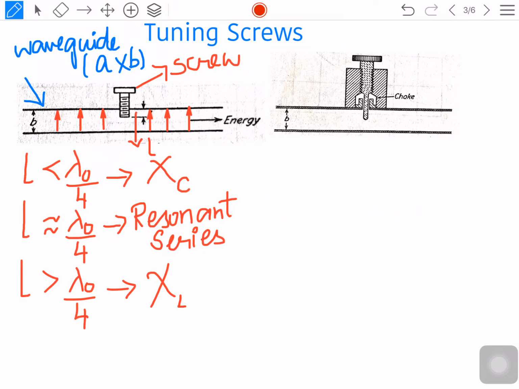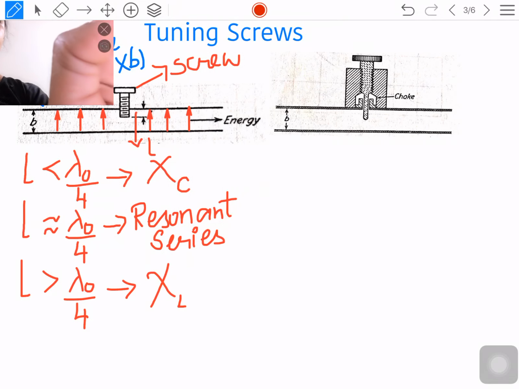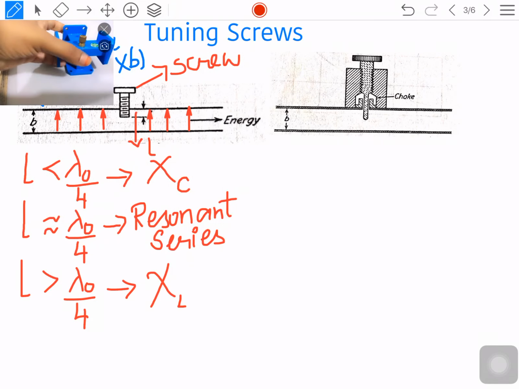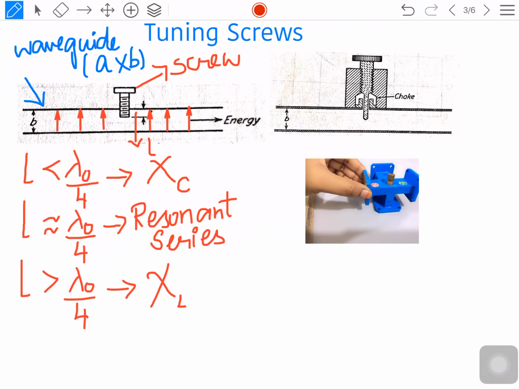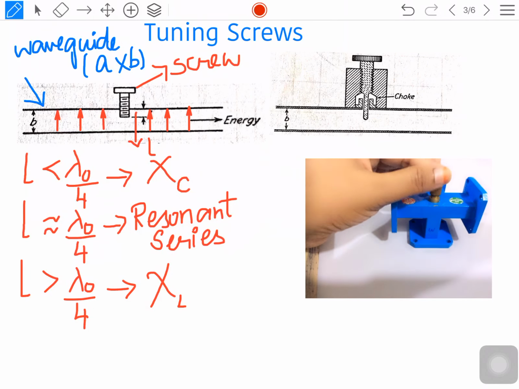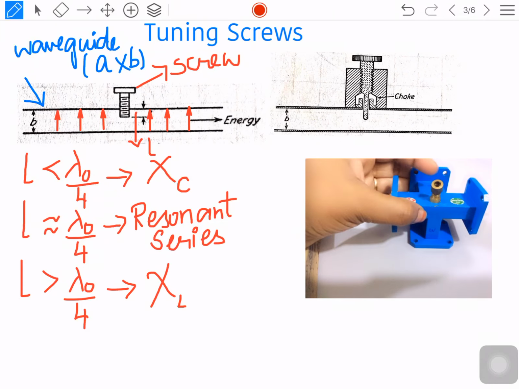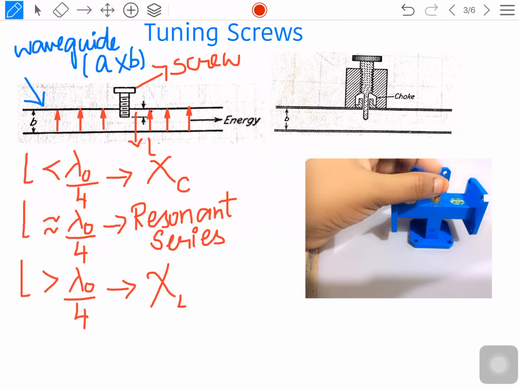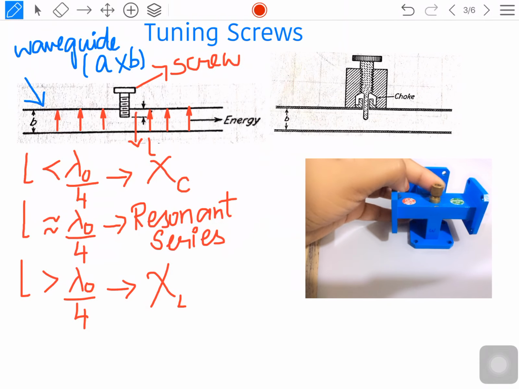Now let us see how the screw will be there. What is shown here in the picture is a magic T which has four different ports, and in this magic T a tuning screw has been placed. What I am rotating here is nothing but a tuning screw.